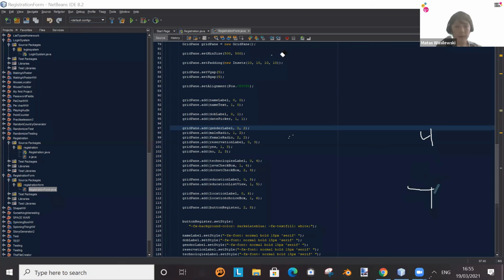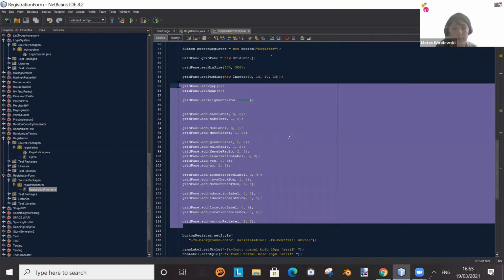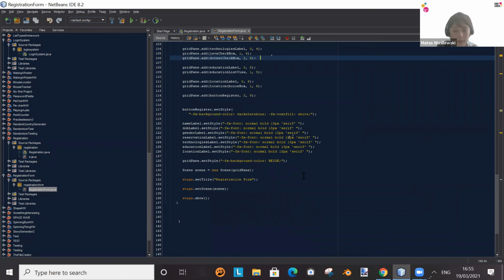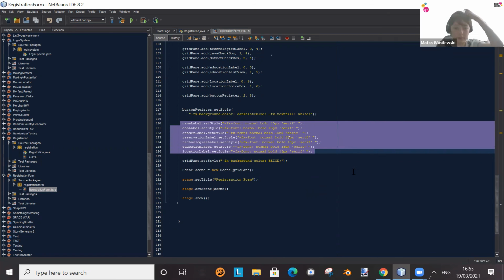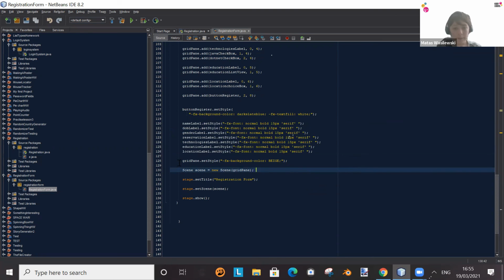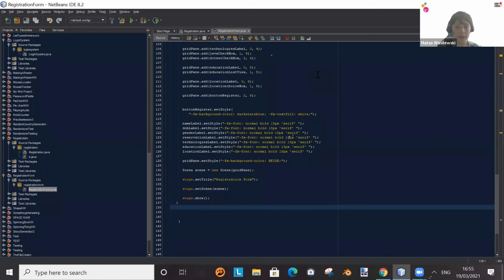So next, as you can see, we are adding all of the different locations. And now here we have all the different fonts, labels, and different sizes, different colors. And then over here we have the color for the background, the registration form title, the scene, and show. So now if we let me close this, and now if we click run,